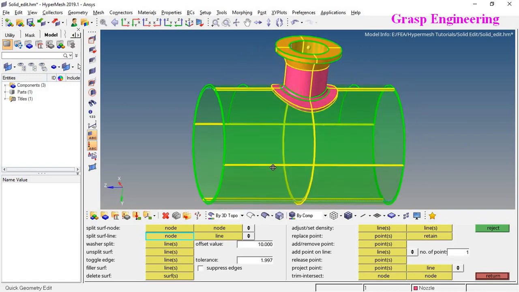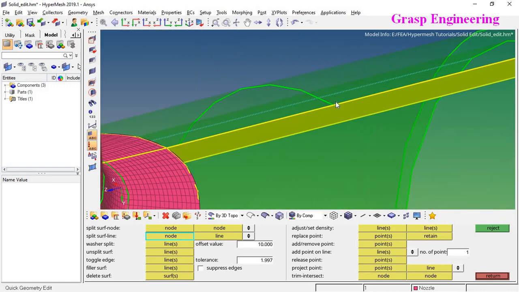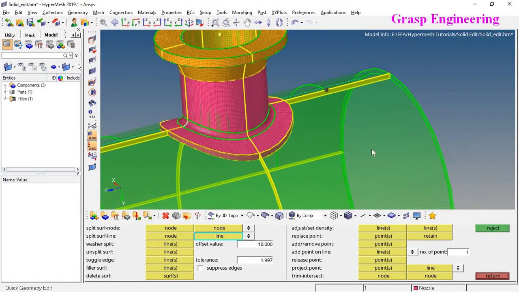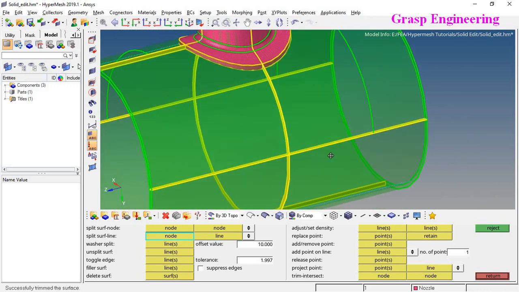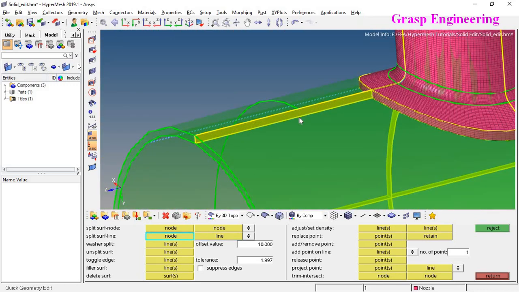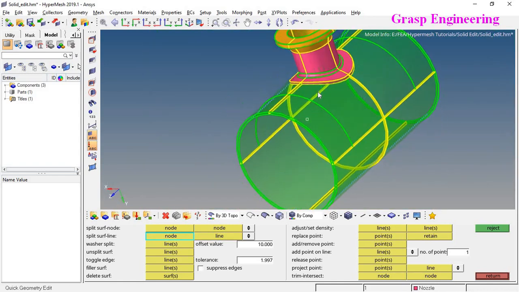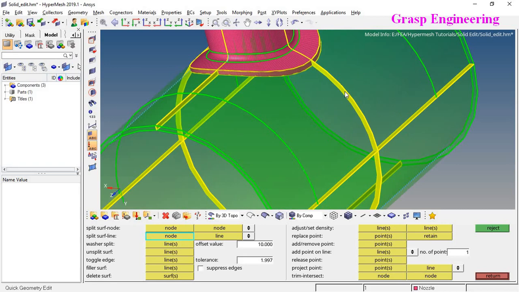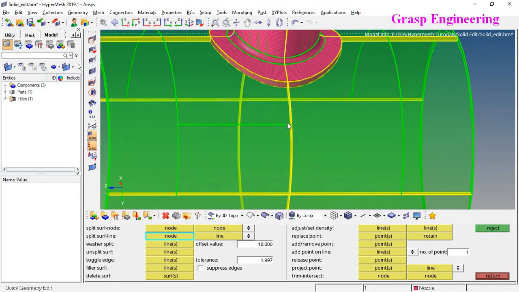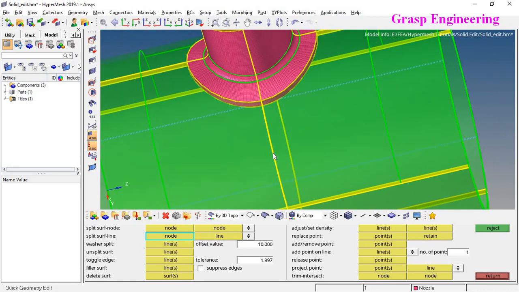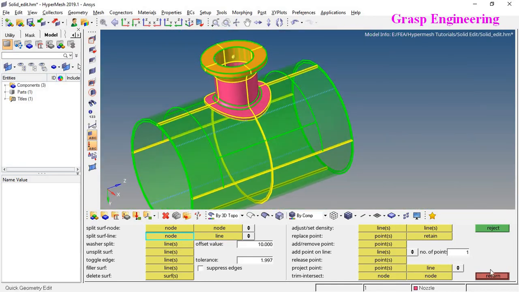Similarly repeat on the other side, select that respective node, select the line, and repeat the same. If you want further, you can create a node, split this face, select that node, split this face, similarly on this face. I'm just creating a small rectangular patch.